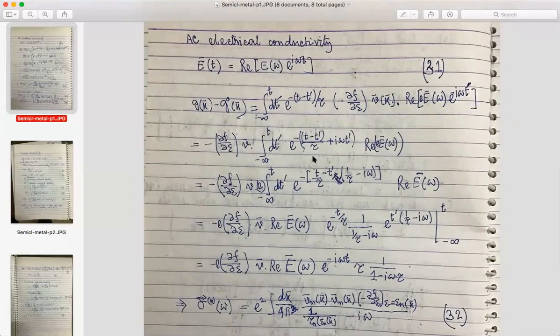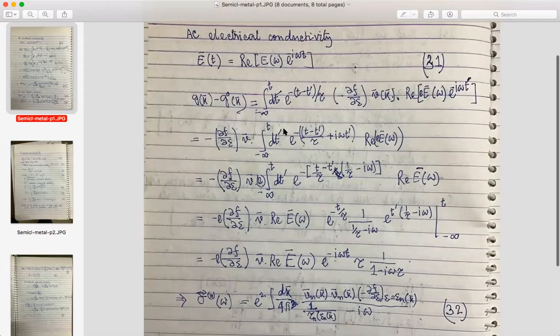So in case of AC electrical conductivity, the external field that we have is a time-dependent electric field, which is of this form. We are writing here one omega component. Of course, in general, the electric field can involve many omegas, but we can look at each frequency component at a time. And so in the expression for G that we had,